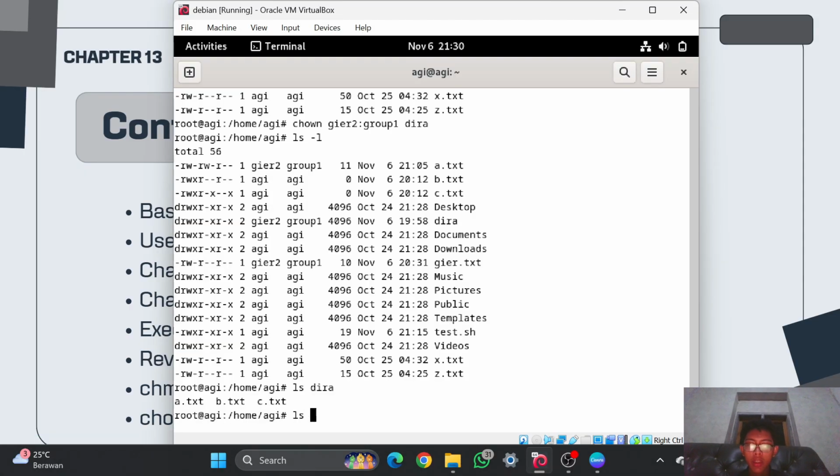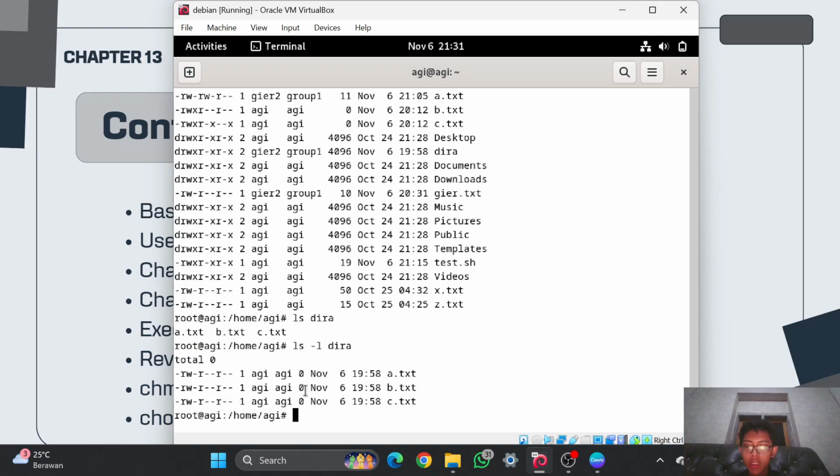Only the ownership of dir.a gets changed and not the files inside of dir.a, because if you only type chown gr2 group1 dir.a, it only changes the ownership of dir.a but not the files inside. As you can see, for a until c.txt the ownership is still on the agi user.